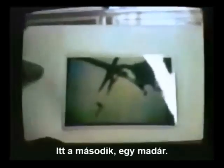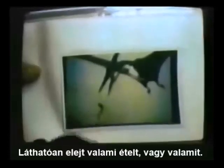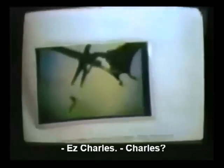Here's the second one. There's a bird here apparently dropping some food or something. Is that Charles? Charles dropped his food. This one's pretty hard to see. Here's the head of some sort of creature crashing through some bushes here. It's hard to tell. I know it's probably hard to see these anyway from back there, but